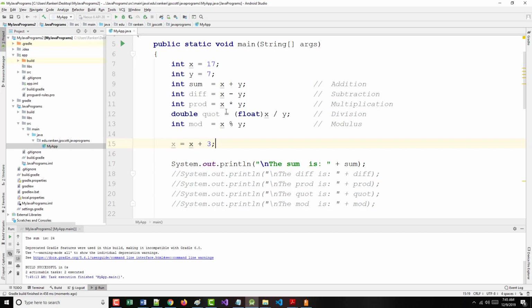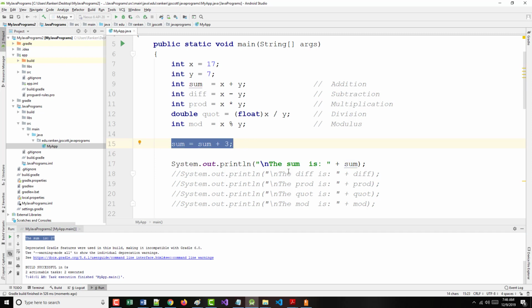Oh, I've changed it in here. See that? Or have I? All I've changed is the value of x. That should say sum equals sum plus 3. There we go. Now, if I did it right, it should say 27. And it does. All right, and there's nothing wrong with doing this,